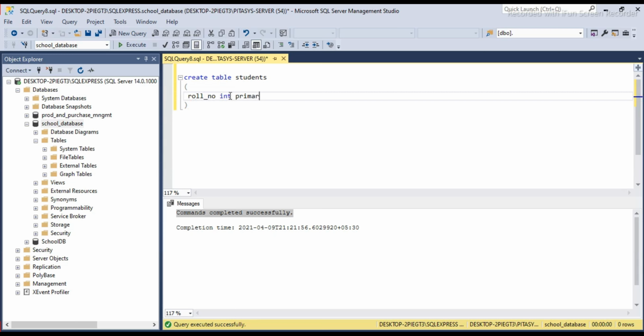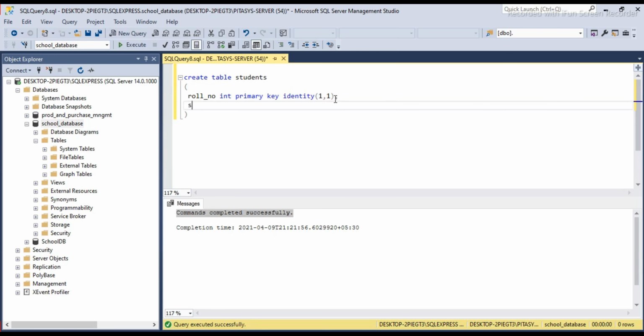We are making it a primary key, and it should be automatically incremented by 1, so we will set the identity element as 1, 1. Identity is not necessary to define a key with primary key, and you can define a table with primary key or identity, but these are the constraints we can specify.